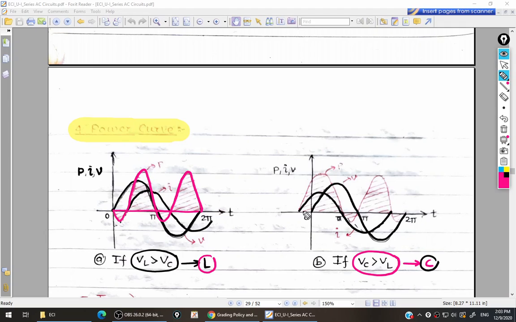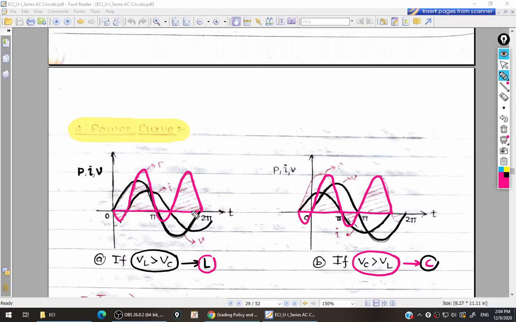Now we want to draw the power curve for this. From this point to this point, what will you observe? Your current is positive, but your voltage is negative. So positive multiplied by negative gives a negative power curve like this. From this point to this point, current is positive as well as voltage is positive. So positive multiplied by positive gives a positive power curve. From this point up to this point, voltage is positive but current is negative, so the power curve is negative. From this point to this point, both voltage and current are negative, so negative multiplied by negative gives a positive power curve. So this is the power curve for the RLC circuit when VC is greater